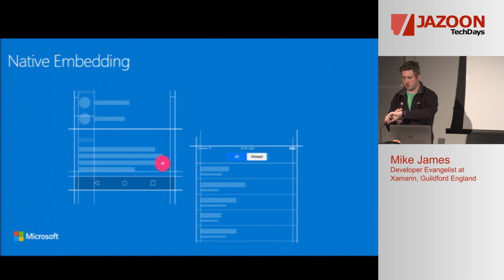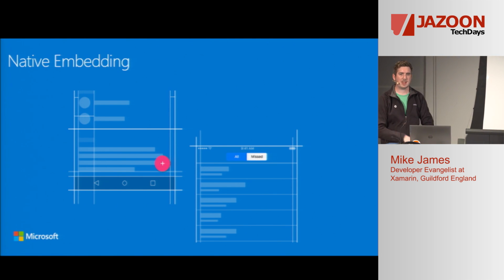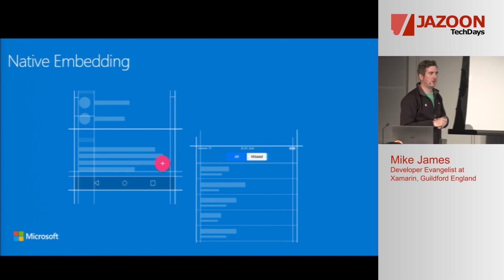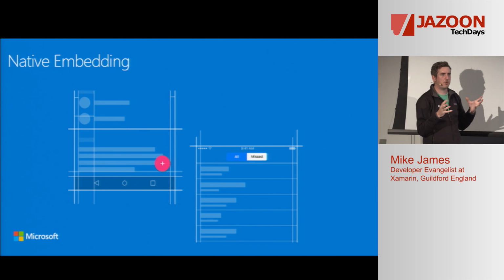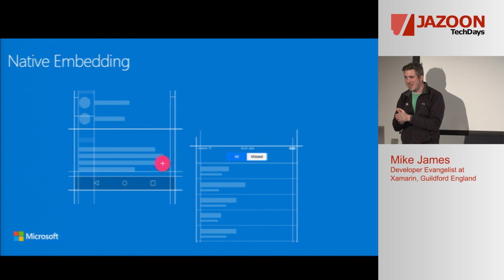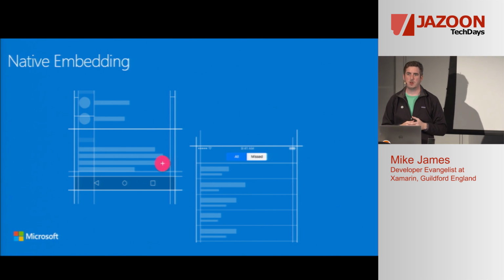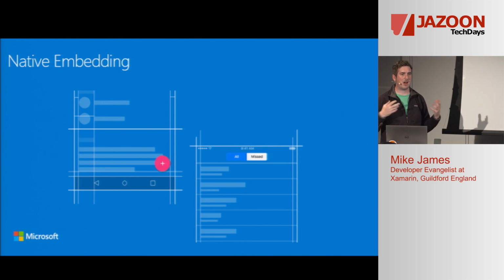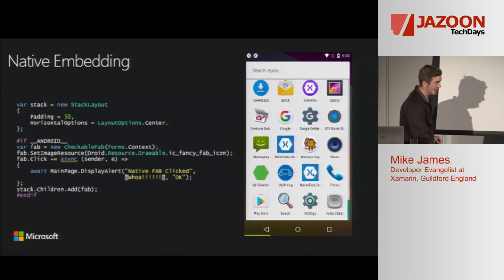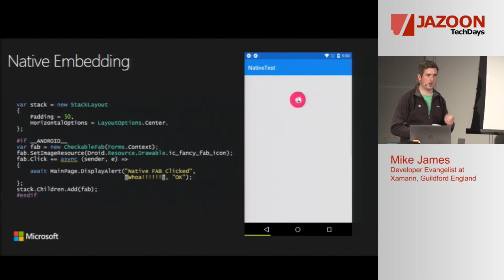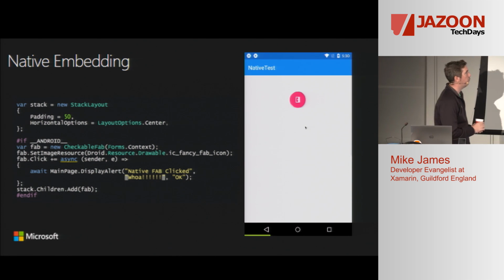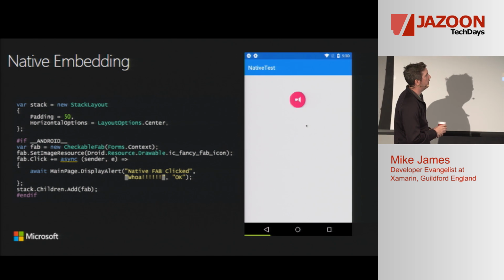So the custom renderers that I mentioned earlier, to get down into the platform APIs, and when you're limited in the controls, you want to add something a little bit different, you can now embed native controls straight into your Xamarin.Forms application without having to write much boilerplate code. So you can see here, this is actually in a shared project, so I'm not a fan of this approach, but it only works with shared projects right now. We think we can bring it to portable class libraries.